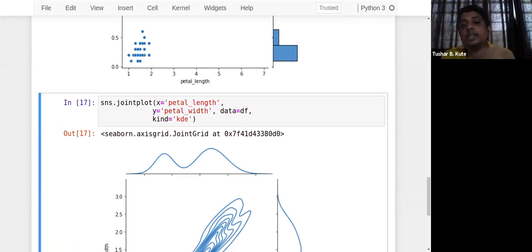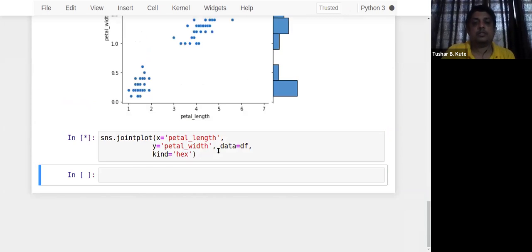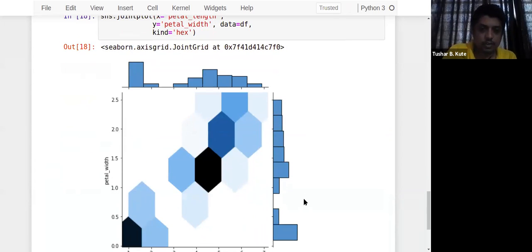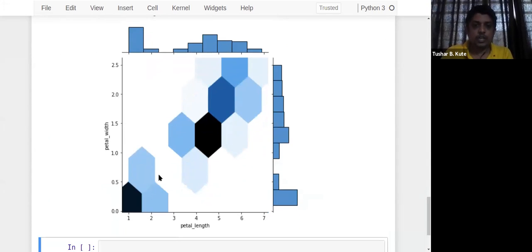Even there is one more parameter that kind we can use called hex. Hex bin plot we call it. Again, just like heat map, again revise the heat map. So in this area where the dark color combination is there, the highest number of elements are present. Then with lighter, again a smaller number of elements, again lighter, again smaller. Lightest, smallest number of elements are present there. Check this out. So here we can find this area is completely white. Correct. It means that on this side also and this side also there is nothing present in it. That's why it is completely white.